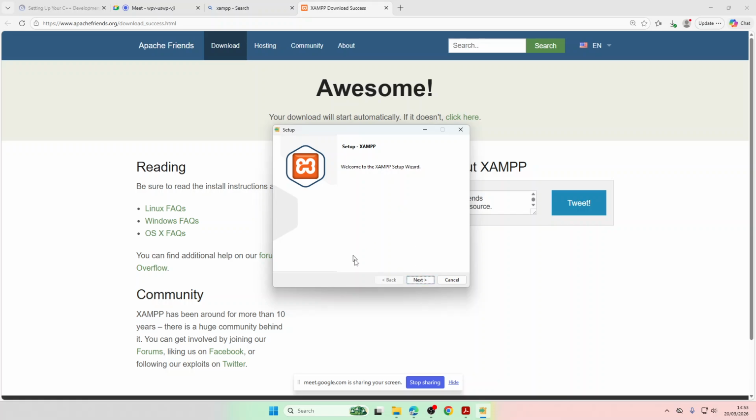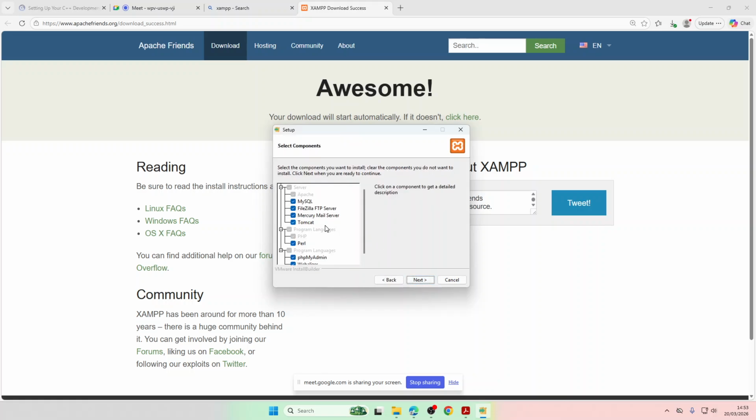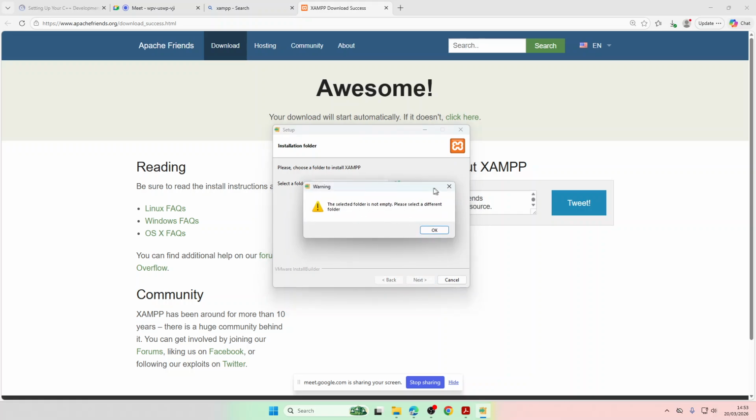So you click on next, next, next, next until you finish the download. You choose the different options that you want to download, and then you click on next, you choose the location. Always your location should be inside the C drive and in a folder called XAMPP. Immediately in the C drive, you should have a folder called XAMPP there. Then you can click on next, and then okay,